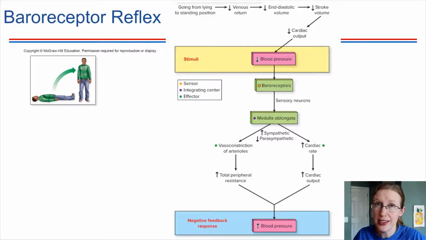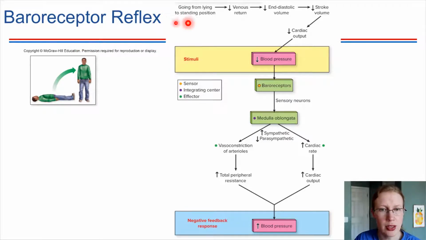This is another one that we have seen together back when we were in person back in the good old days, and this is called the Baroreceptor Reflex. So what we're going to consider is a person who's been lying down and then all of a sudden they get up. When a person does that, as you stand up, what happens? Gravity is going to be pulling blood down towards the legs. And so this would end up leading to a drop in blood pressure, which could be very bad. We need to keep the pressure at a certain level in order to keep circulation, for example, up to the brain happening.